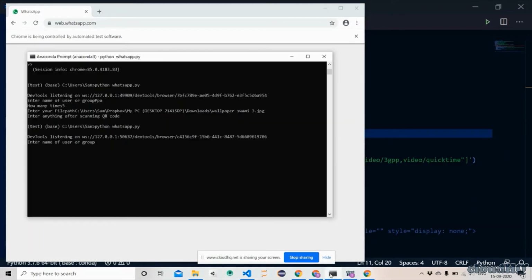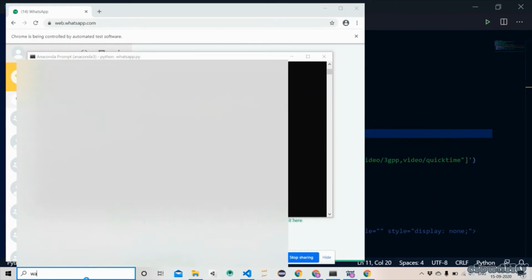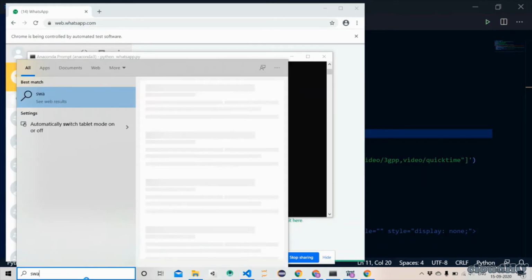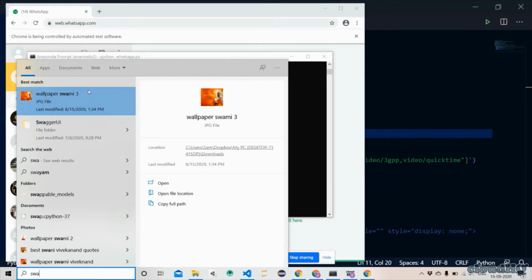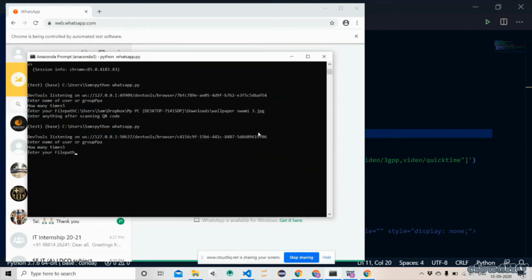So now here in our code, the name of the person to whom you want to send the image, and suppose I'm sending 5 times, and I will copy the path and paste it here.